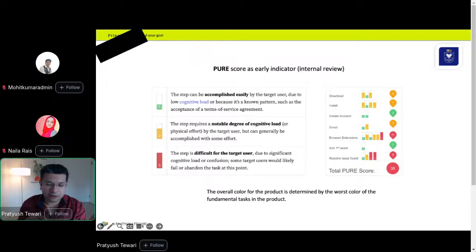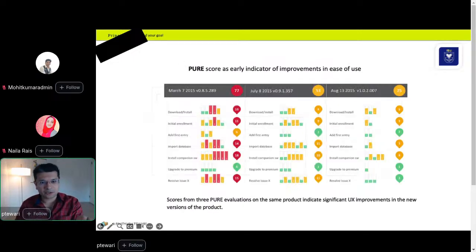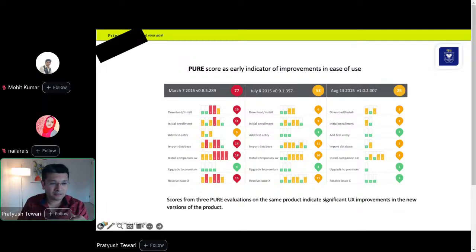Now, this way, for all your tasks, you will get a score which is based on that version of the product. As you go further down the versions, like version 1, version 2, version 3, when you perform these tests over and over again, you can measure between the previous version and the next version how the score is changing. Now, the goal is not to get the lowest score, but I think the goal would be to create a negative number in the rate of the scores. And that's how you can reduce the complexity over time and see if your product is getting simplified or not.